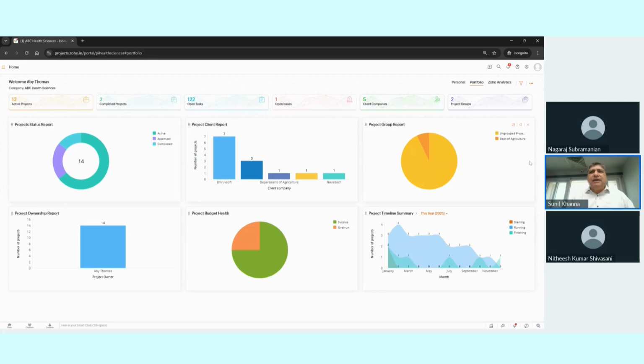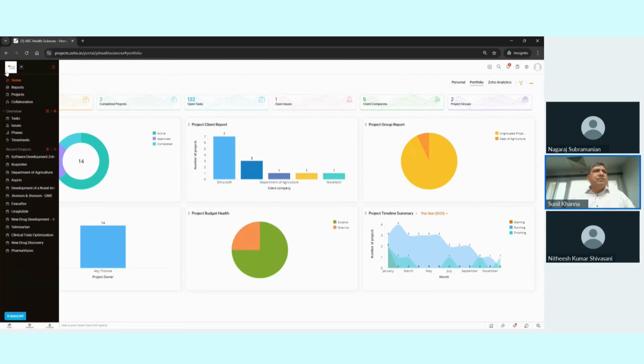So this way, we have customizable dashboards available with various components, wherein you can track the status of the project. You can see how many projects are related to which client. You can see, according to the grouping that you choose, how the projects are divided. How is the project timeline looking according to the year? So these are different dashboards, and it is also integrated with a tool called Zoho Analytics. So you can create reports in Zoho's BI tool, Zoho Analytics. And those reports will also be visible here once I click on this Zoho Analytics